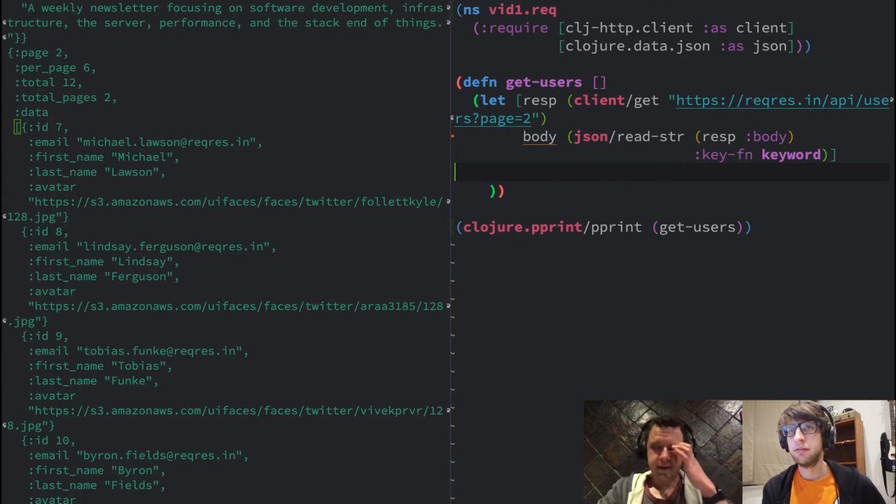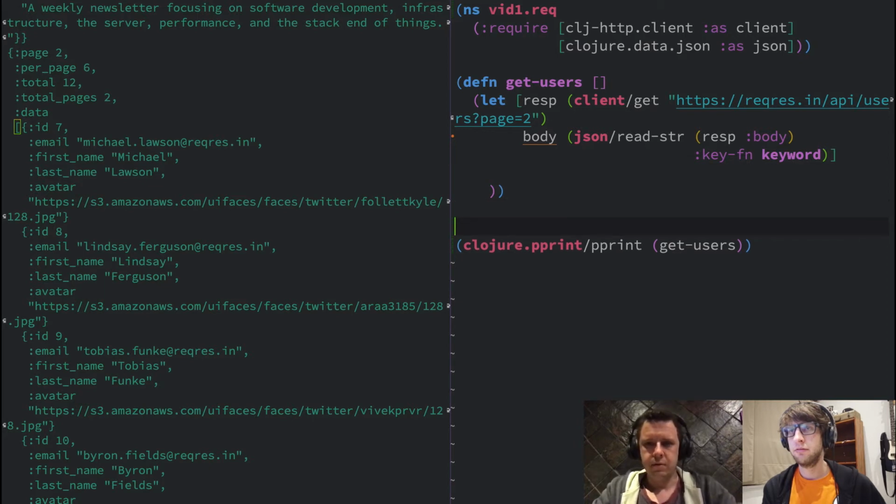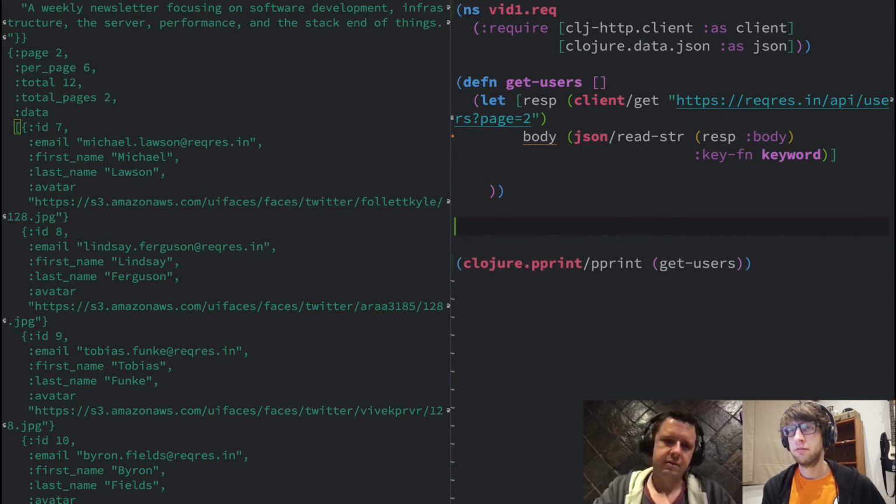An interesting thing about Clojure, because we have this REPL development, there's two ways you can do this. You can either write the code inside this get users function and keep executing it, or you can just create some test data, write the function and just leverage the REPL. So what I normally do is the latter. So I define some test data,